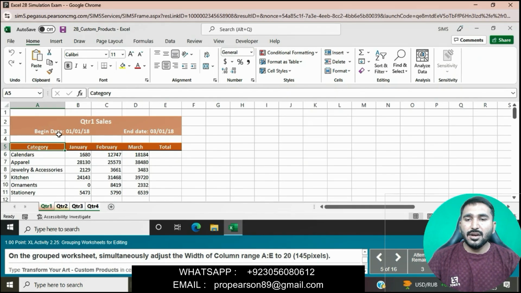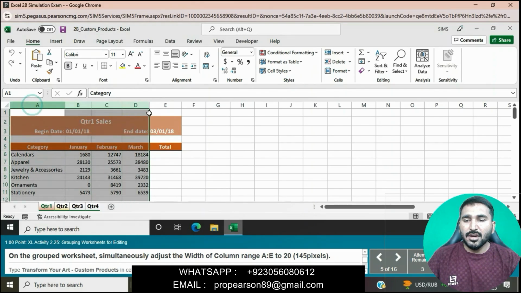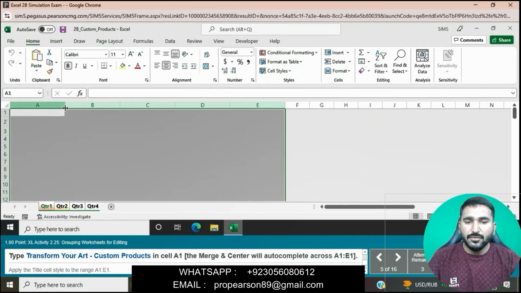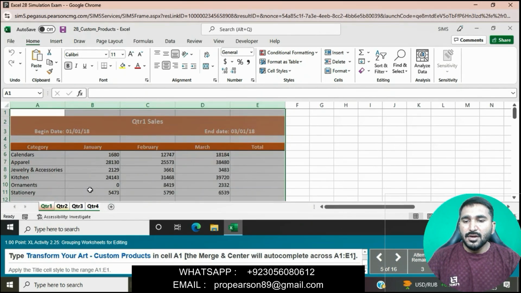We will select columns A to E and then right click on this and set the width here to 20.145.